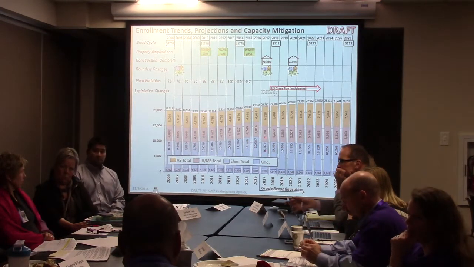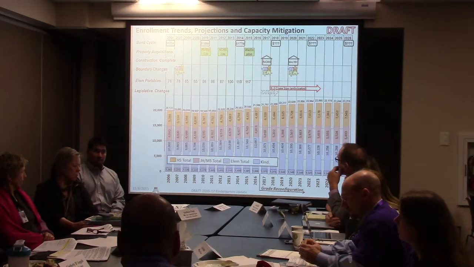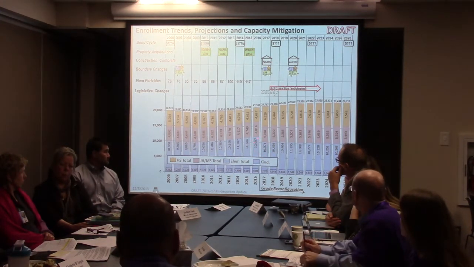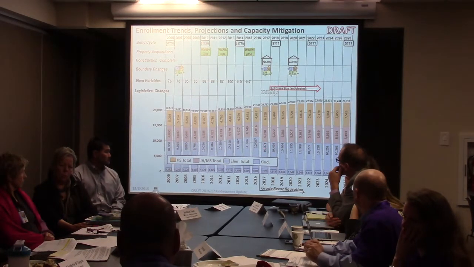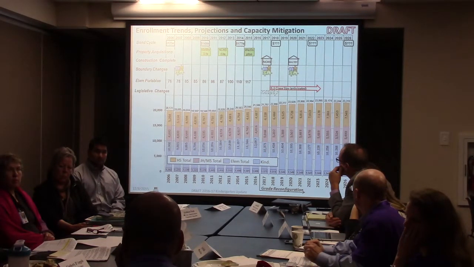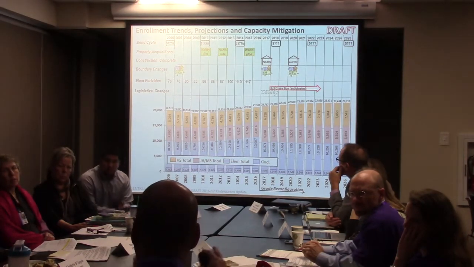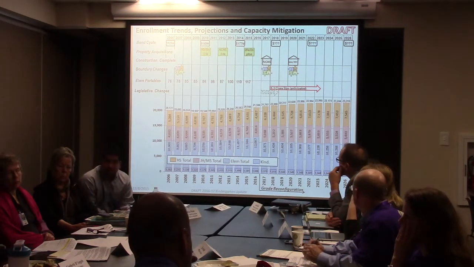So the projection is about 1,700. So overall, district-wide, the move from K6 to K5 drops overall elementary enrollment by about 1,700 students. And then the boundary adjustments redistribute many of those 10,000 remaining students to take them out of more crowded areas into areas with more capacity. And this plan for also